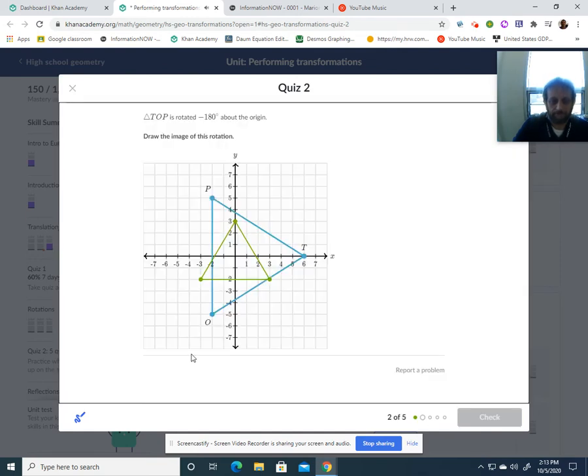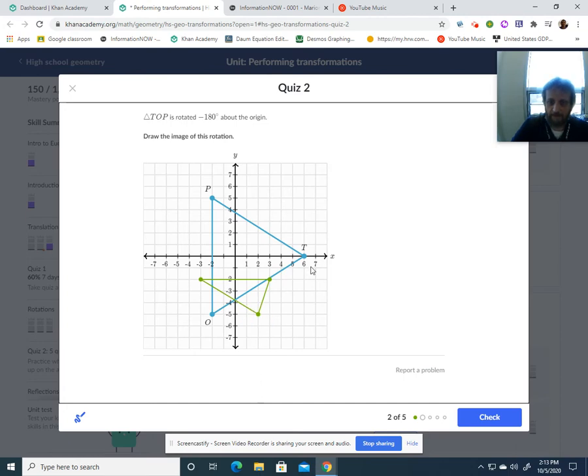Next question. Draw the image of the rotation. Okay, so we're rotating TOP 180 degrees around the origin. Now, let's just start with point P. Point P doesn't matter whether that says -180, which would be this way, but because it's 180, it doesn't matter which way you go. So you have the point -2, 5. When we come over here, it's going to be 5, 2, because they're going to switch order. Then you're going to end up down here. So this is my point P,